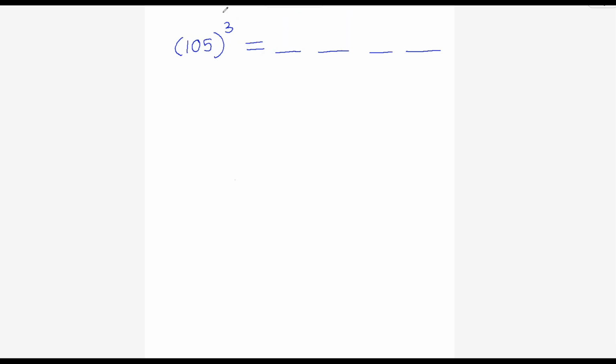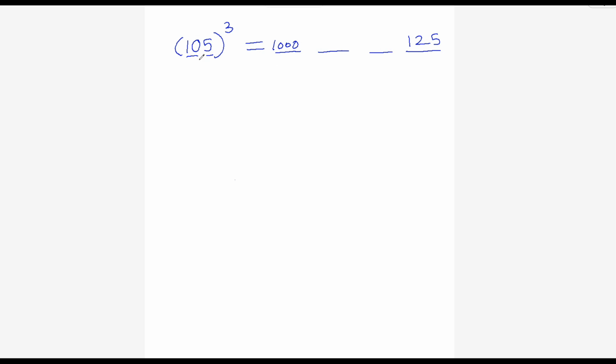Let's do a 3-digit number, because you must be wondering how to do the 3-digit number cubing. So here we need to split the question itself into 2 parts. 10 is the first part and 5 is another part. Again, we split the answer into 4 parts as usual. So what will be the first part? 10 cubed will be the first part. What is 10 cubed? 1000. Write it here. Now the last part of the answer, 5 cubed, which is 125.